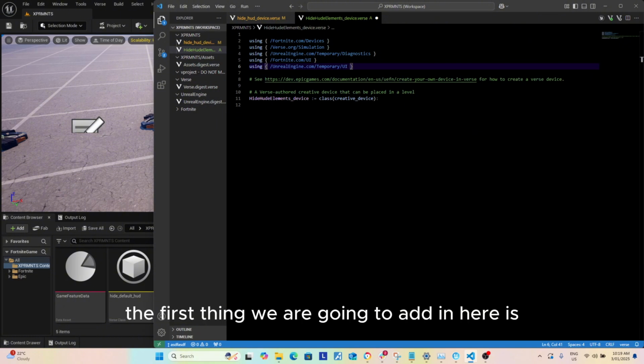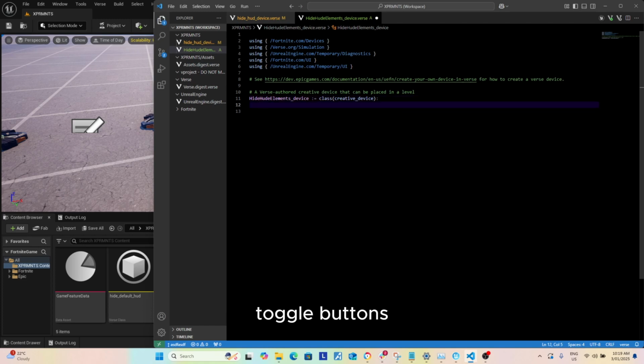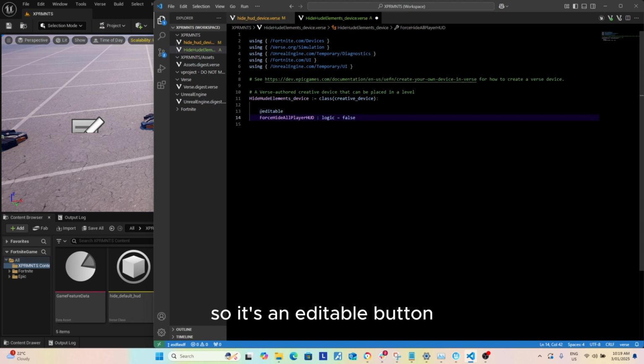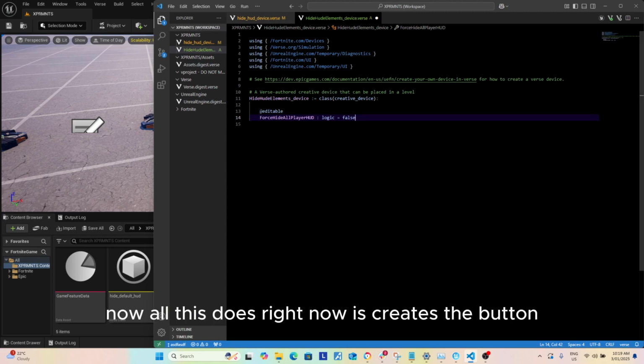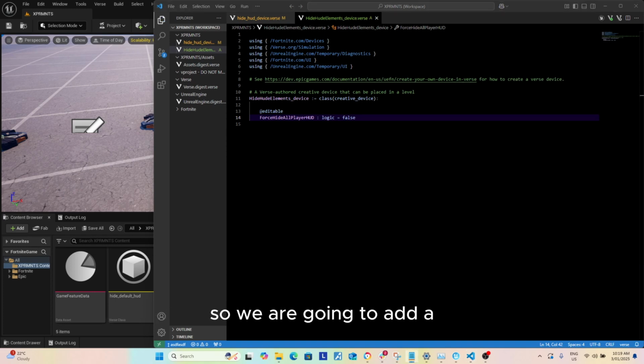Okay, so the first thing we are going to add in here is we'll create our editable toggleable buttons. So here is my force hide player HUD button. So it's an editable button. I can edit it within the editor. And the logic, it's currently coming in as false, so it's going to be unticked. Now, all this does right now is create the button. It doesn't actually connect it to any logic. So we are going to add